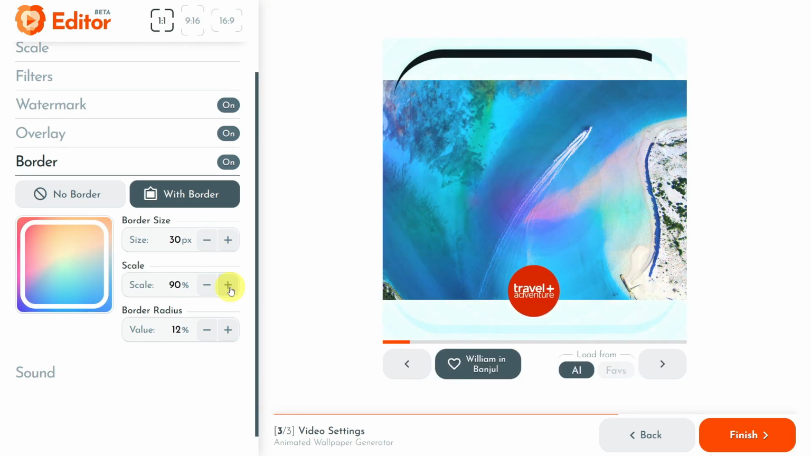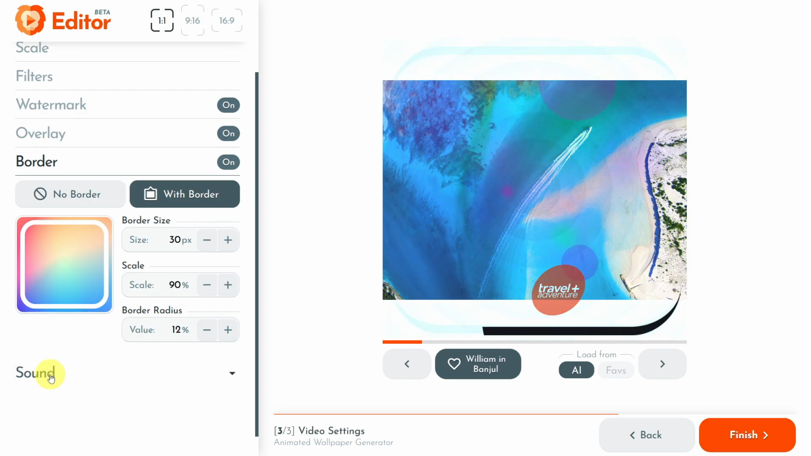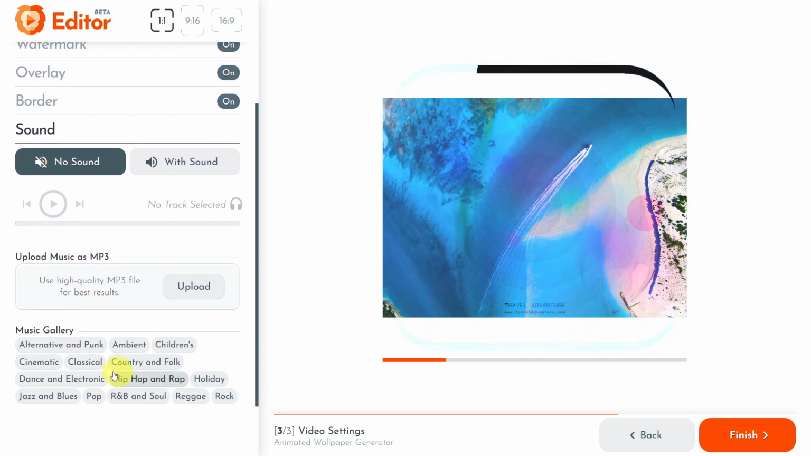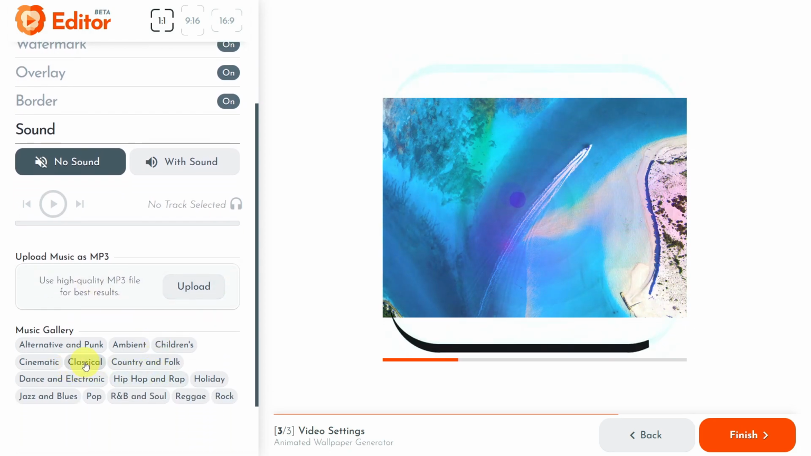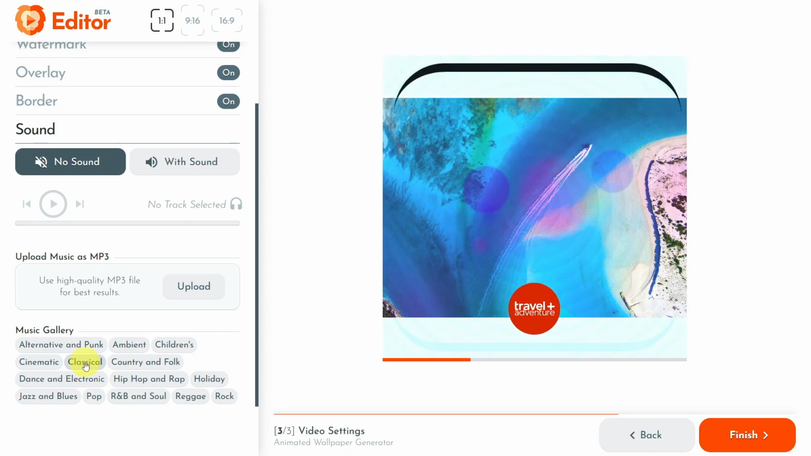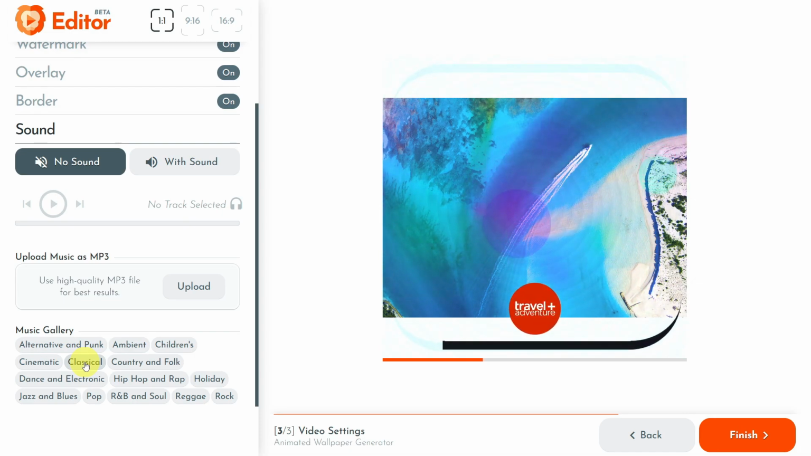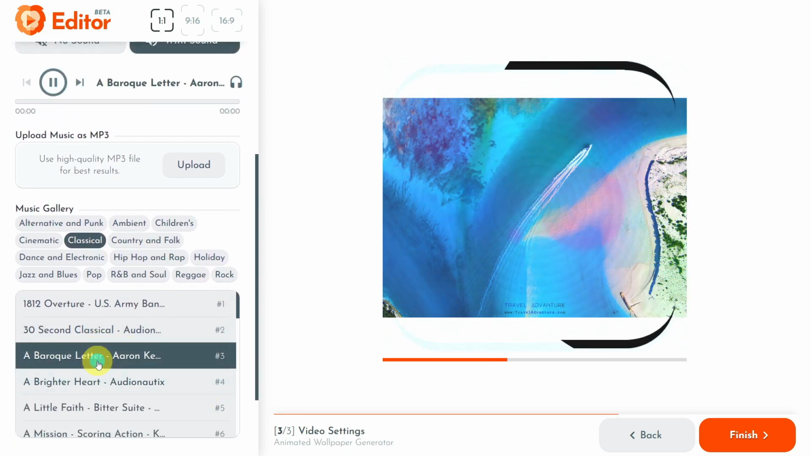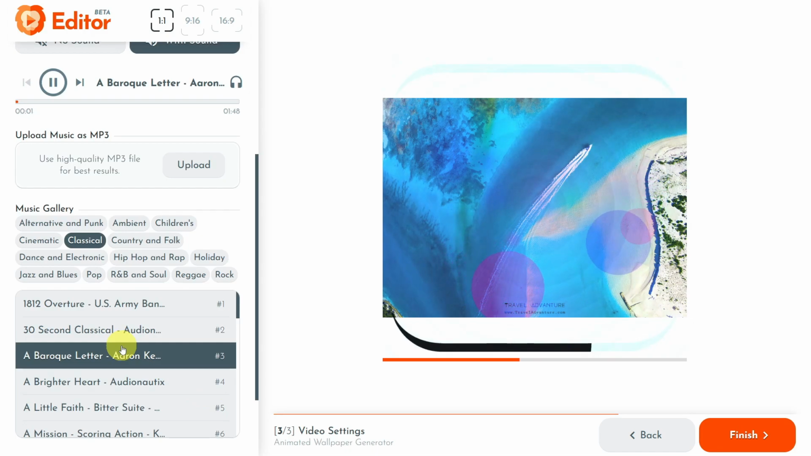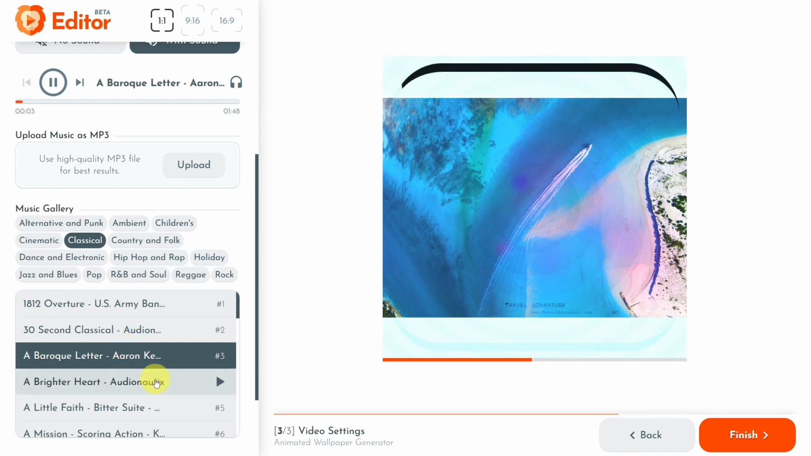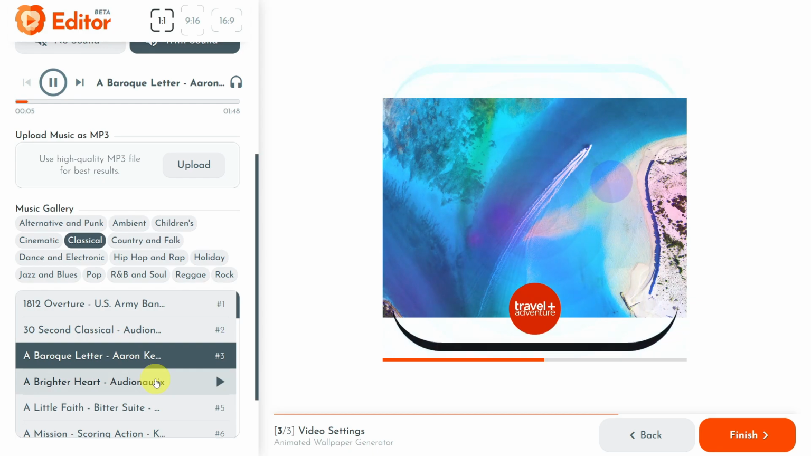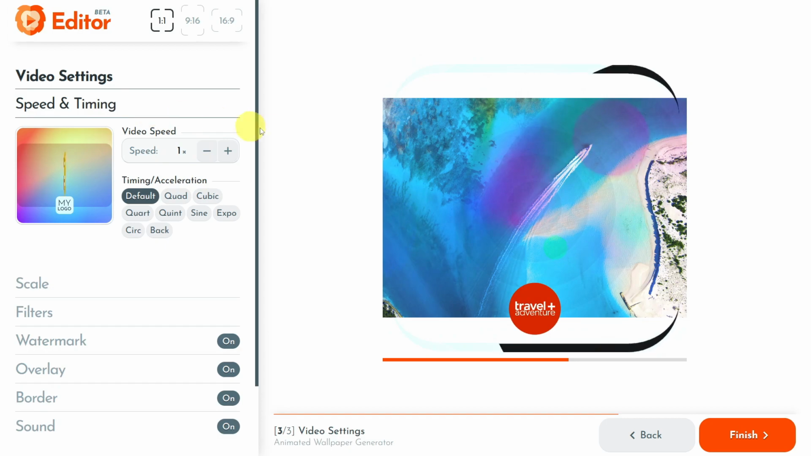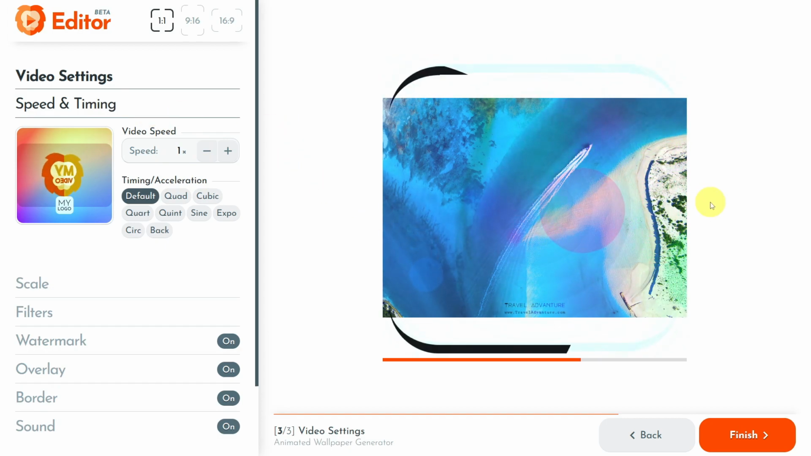Now, I will continue to the sound section, and I will show you how to attach music to your video generated with RenderLion. You can upload your own sounds, or you can choose from the music gallery. I will choose a song from the RenderLion music gallery in my example. I will open the classical category and select a song from it, as you see in this tutorial. I like this classical song and it fits perfectly with my animated wallpaper generated in this tutorial, so that I